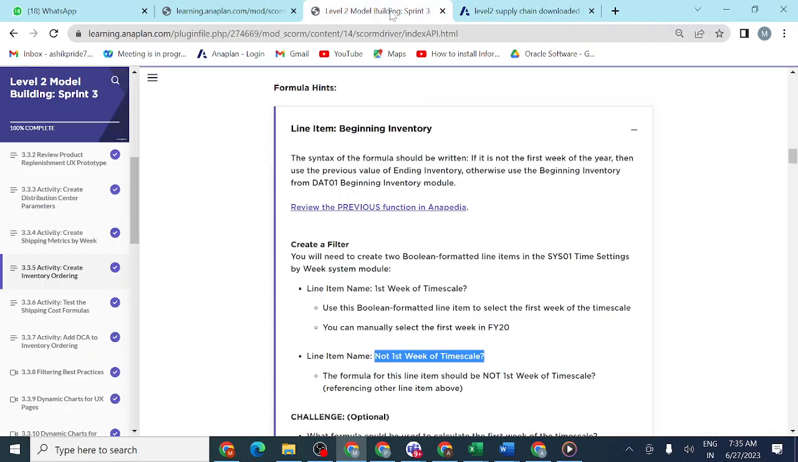Completed this step, and next you can see for this line item, the formula for this line item should not,